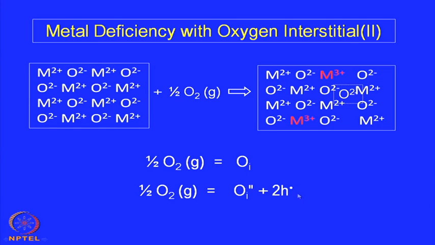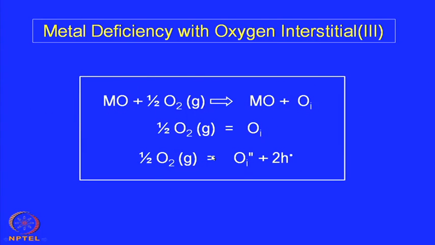So, these holes are mobile. That is what is happening here, and these are the reactions one can write as a consequence of those reactions taking place. And finally, this is the resultant. Once again the same thing has been repeated here. The three equations given in two different slides have been combined here in a consolidated manner. So, we are creating two holes,